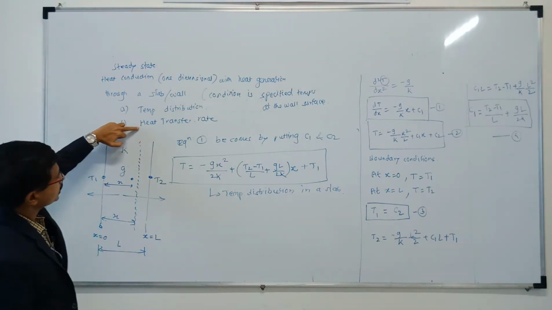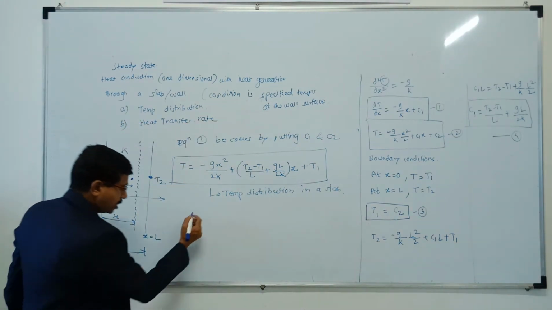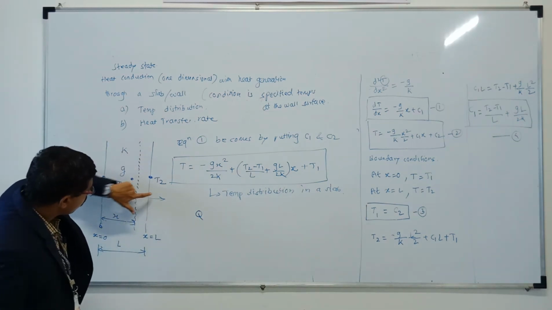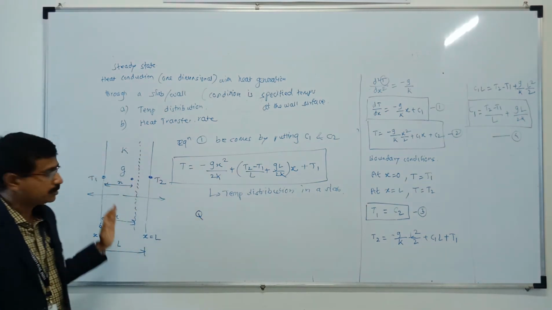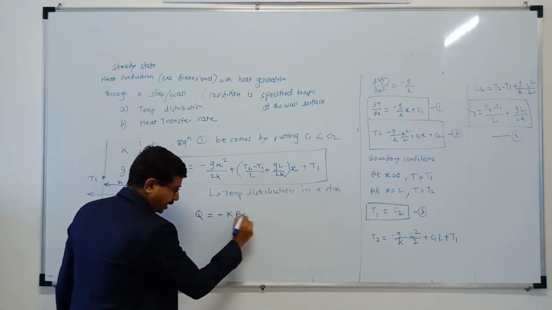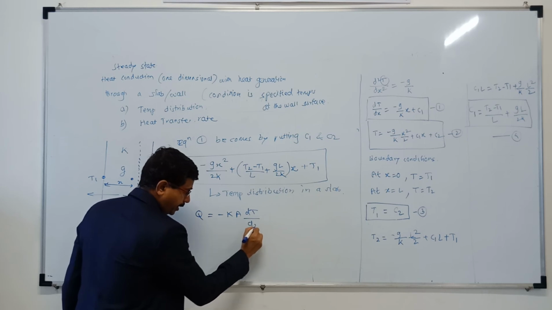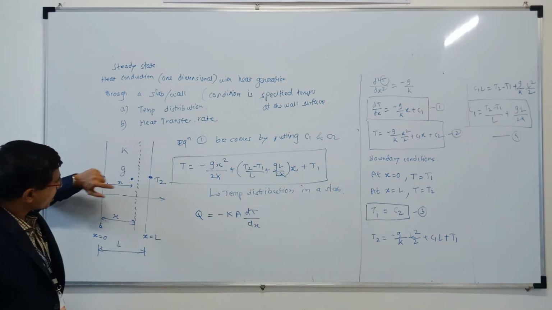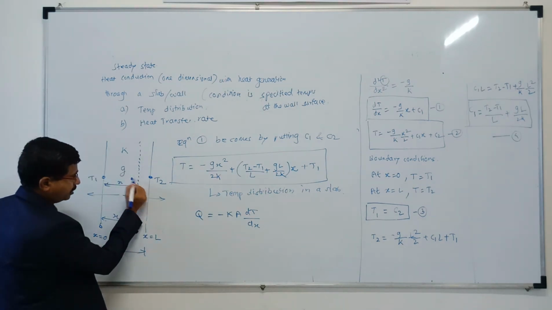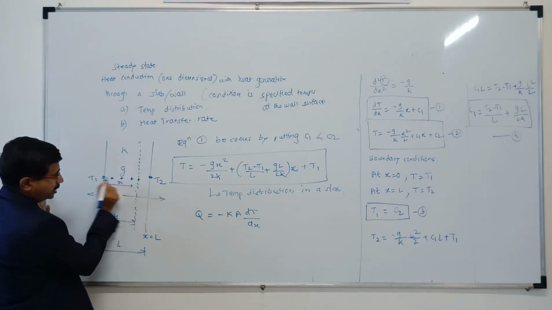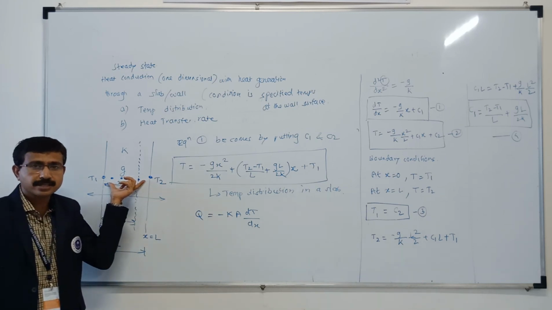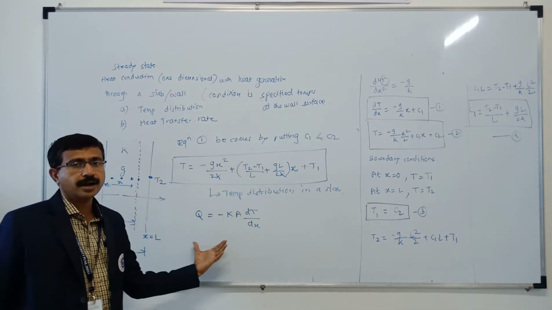Now what is the second objective? To determine the heat transfer rate. What is heat transfer rate? From body to the wall, heat is transferred in a single direction. So I can use the Fourier law for it. So Q is equal to minus KA dT by dx. For example, I want to find out the equation for heat transfer rate at any point. Here, here, at this point, in any position inside the slab. So what equation do I require?